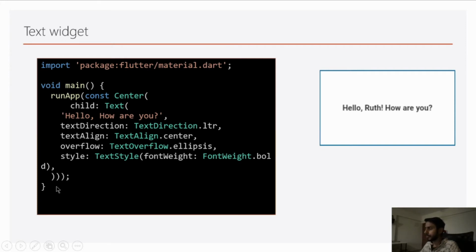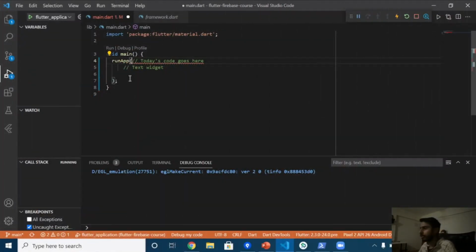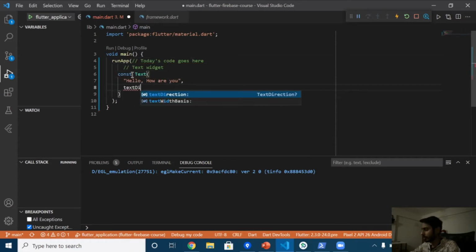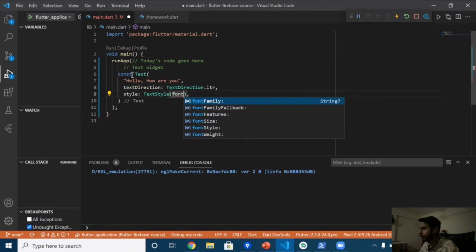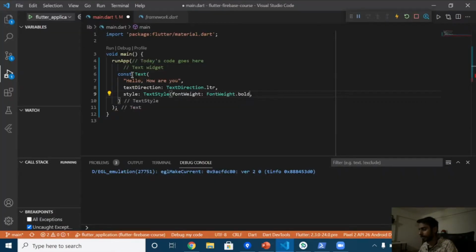Okay, so let's go ahead and write this program. All right, so I will start writing the code. This should be enough.